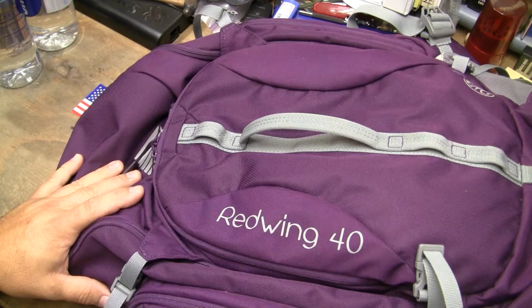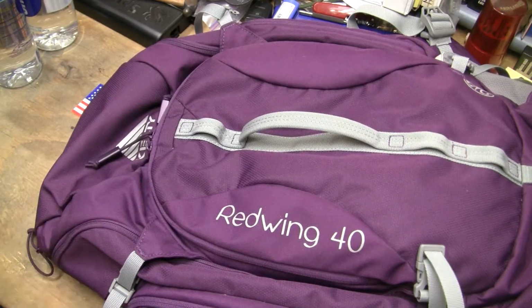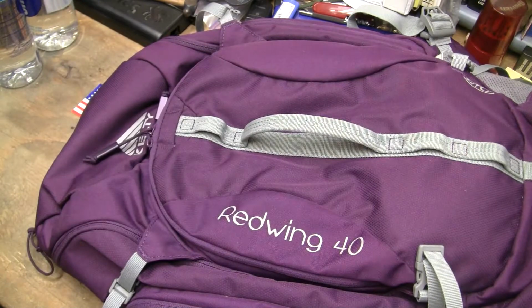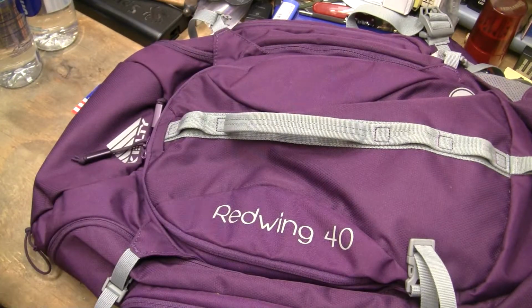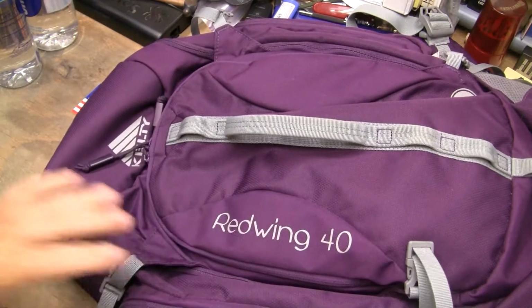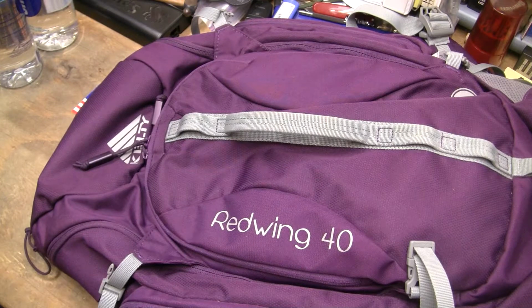It will fit anything from 14.5 to 18.5 torso length. And you need to know what your torso length is before you start going out and spending money on packs. This is around a $100 backpack. It has very durable fabric on the exterior of it. It has a lot of convenience features like admin pouches. Am I going to go hike the Appalachian Trail on it? Probably not. But at 2 pounds and 14 ounces, it's not a bad bag,